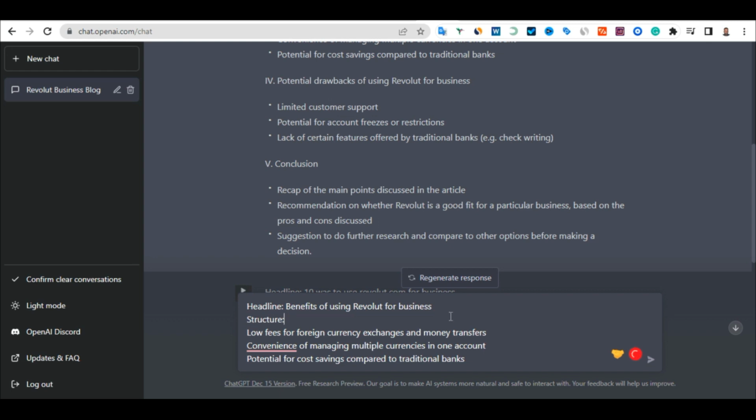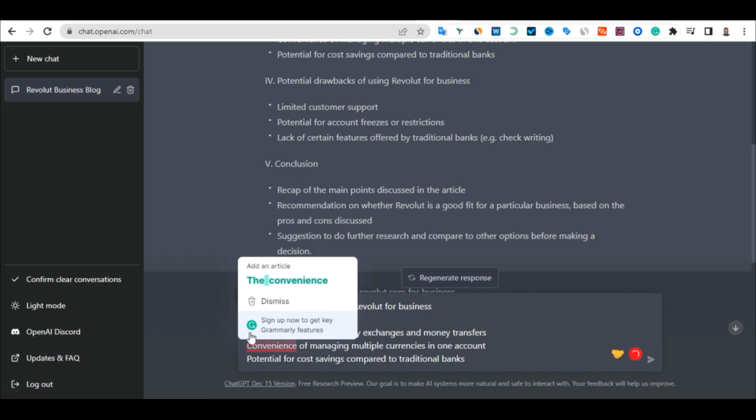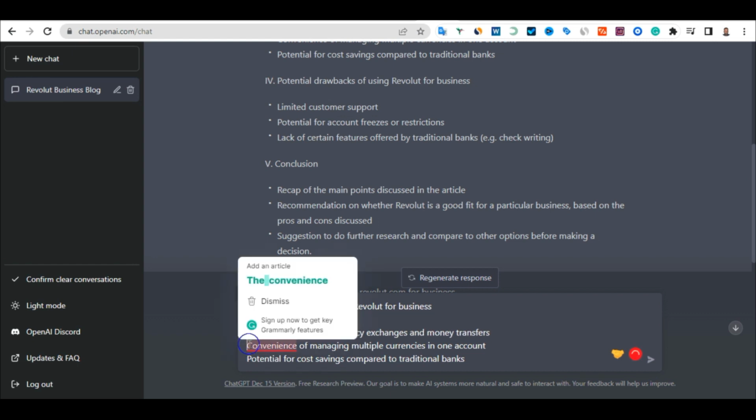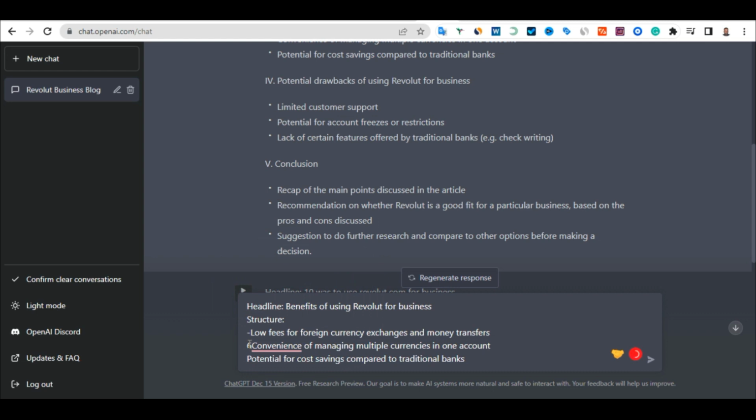Yes, exactly. Like what we did before for the introduction, type in here and put in this. This is to tell the tool that I want to write about this outline. That is what we are telling the tool, and it's going to do it for us. And I will just do the same thing again for this last one.